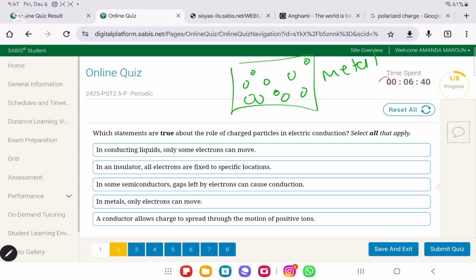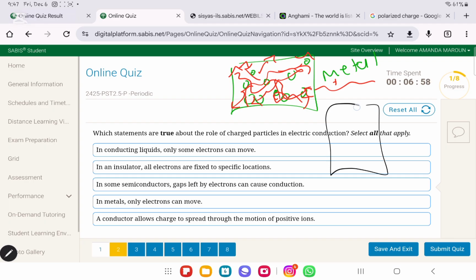So if you bring a charge, let's say a positive charge in general, it is going to move through the electrons and pass all throughout this block. So everywhere you touch is going to then become positively charged. However, if we are talking about any insulator,